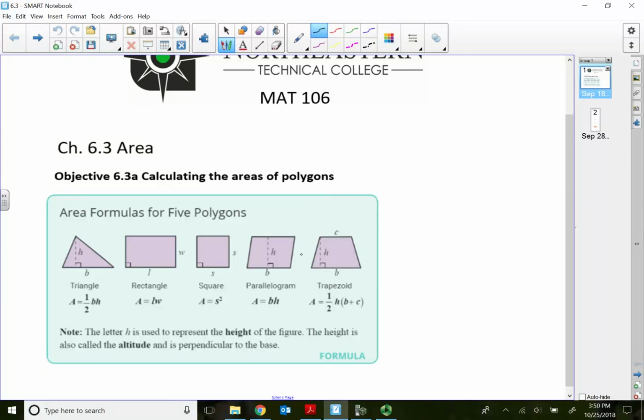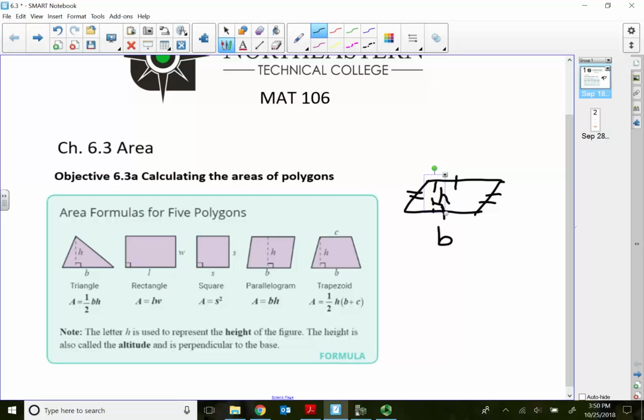Any four-sided shape is considered a quadrilateral. Specifically, one of them is called a parallelogram. A parallelogram is where all the opposite sides are congruent, and all the opposite sides are parallel. And in a parallelogram, we have a base and a height, and the base and the height are